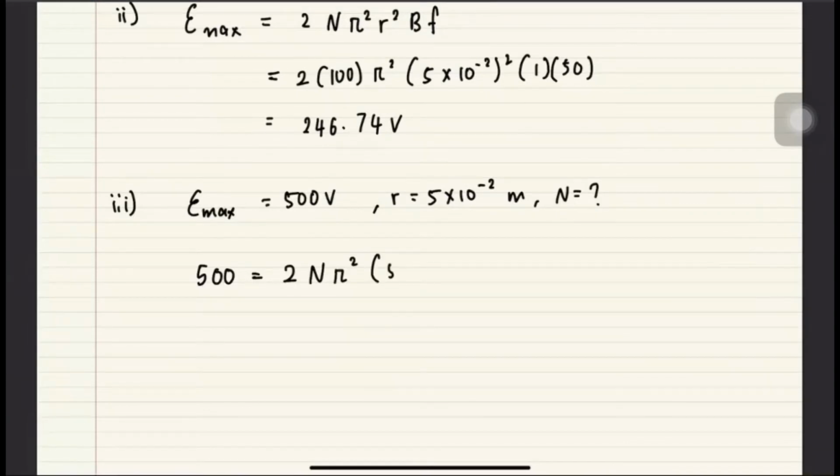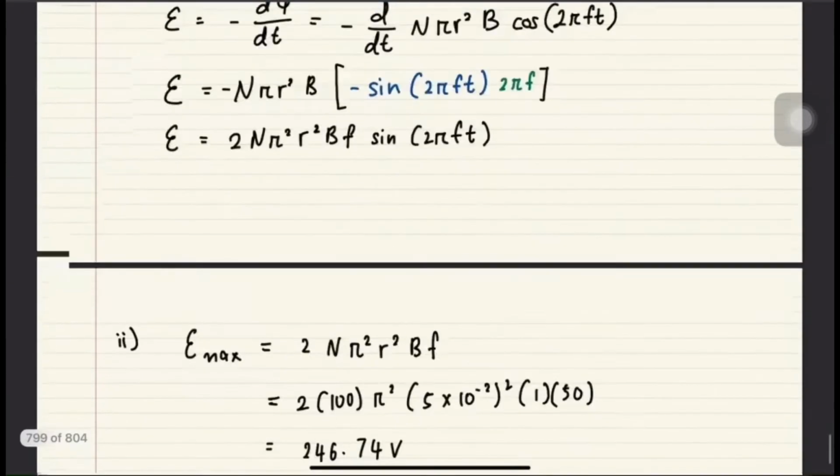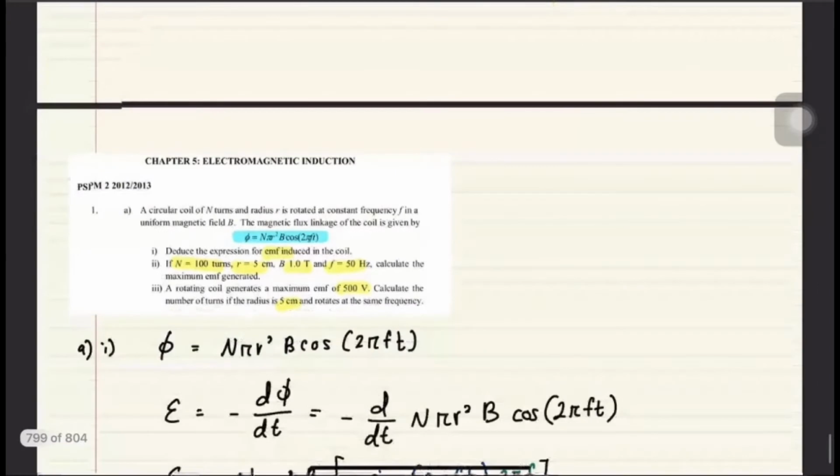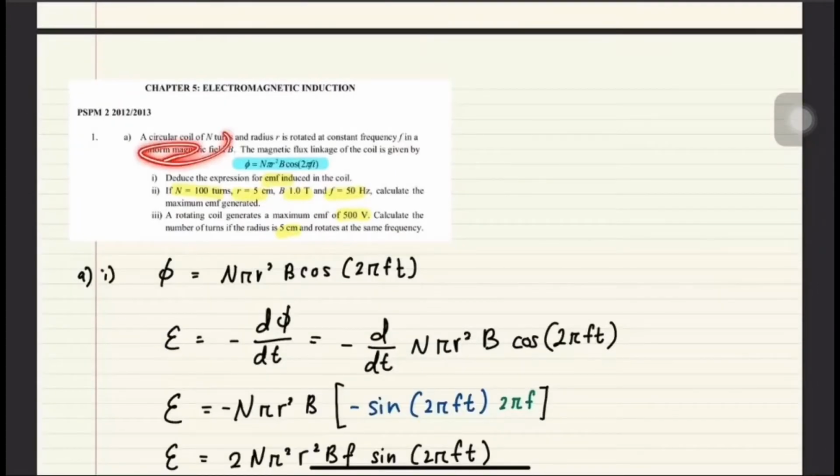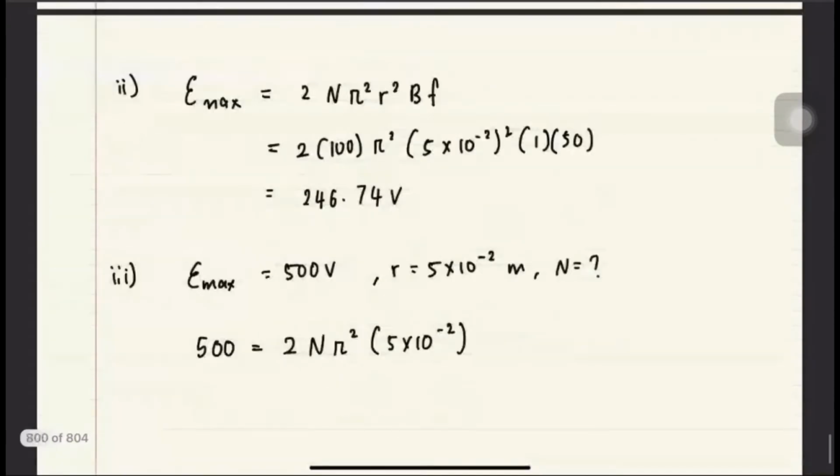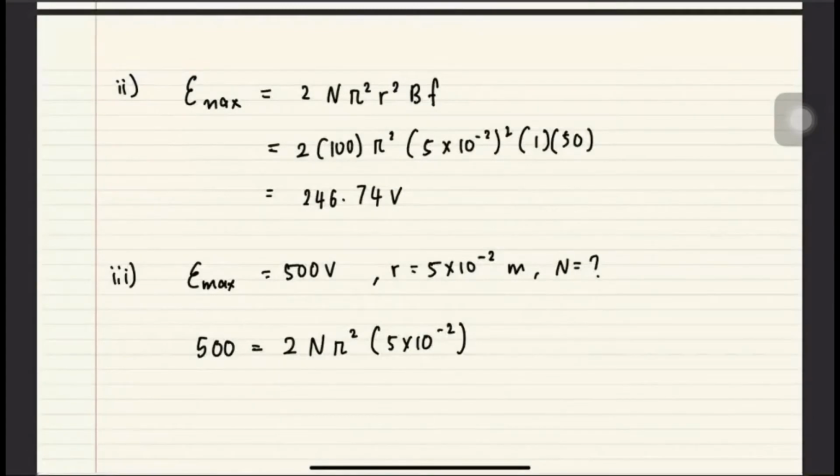R is 5 times 10 negative 2. Tadi dia cakap magnetic field adalah constant kan, uniform. Itu maksudnya kekal je lah magnetic field dia. Magnetic field dia adalah 1. Frekuensi dia adalah 50. Frekuensi dia tak berubah juga. So this time N you get